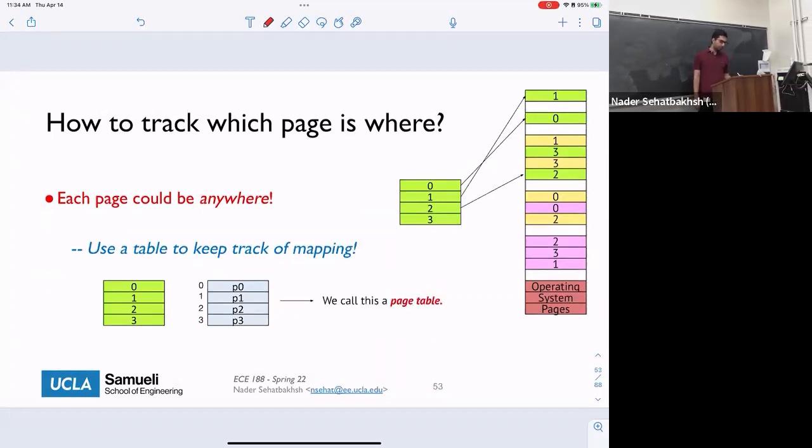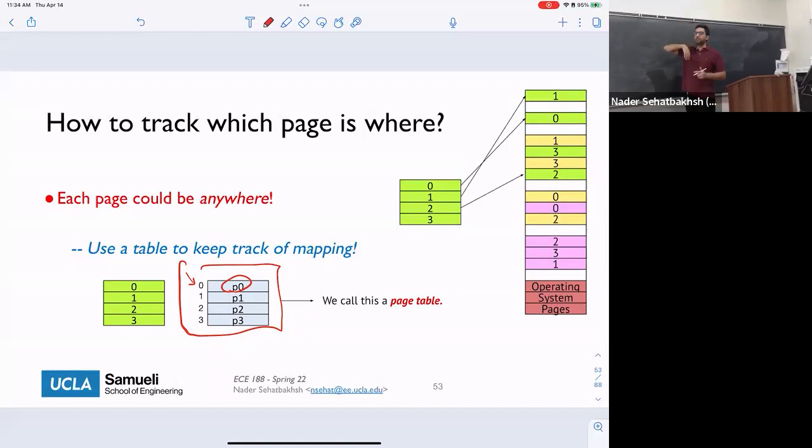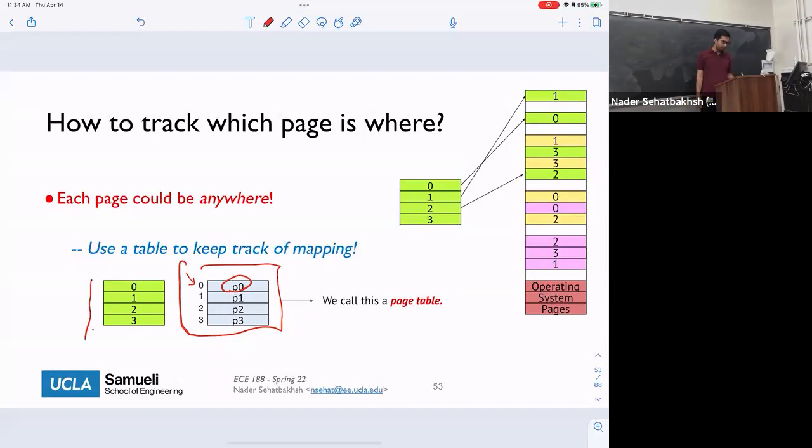So basically what we do is that we have a very small table, which is much smaller than the actual contents of our page. And we say that your page 0 was stored at this address. We usually only need to store the beginning of the address. Everything else can be offset by that, right? And then we do it for every single page that we have in this program.